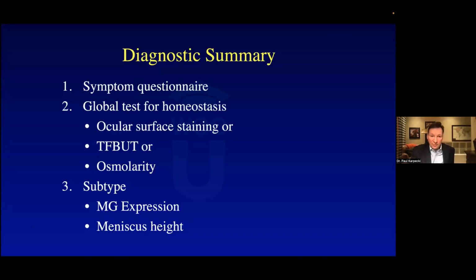So just as a summary to diagnosis, if you look at all of what we're dealing with as far as our options here, you start with symptoms, and then you do one of these three. I said two: ocular surface staining and breakup. You glance at breakup. And you're like, okay, I know you have dry eye because you have symptoms. You had some predisposing factors we went over earlier. Your triaging questions flagged you. And now I need to know what type you have. The way I know the type is to express or to look at the tear height. So this is a great summary.